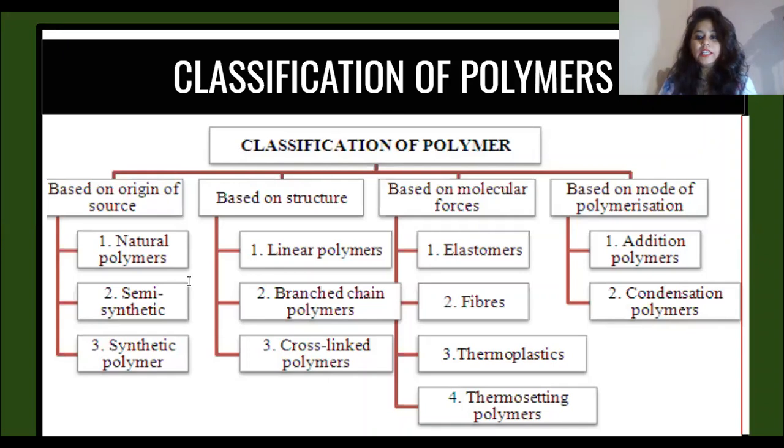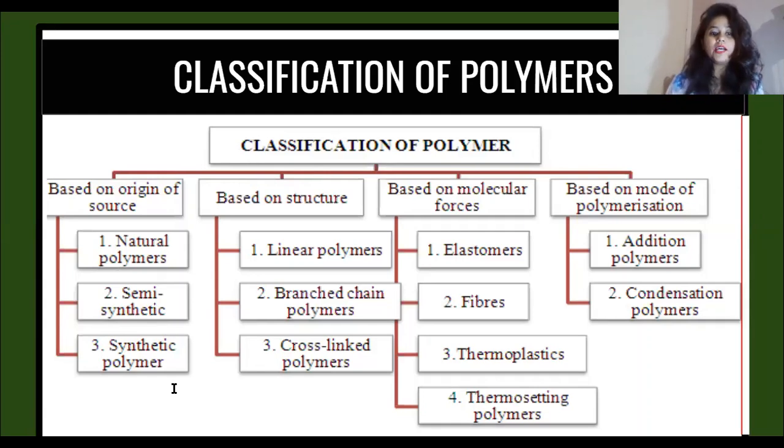As we have already seen, for vulcanized rubber, we take a natural rubber which is obtained from the trees. Then that natural rubber is reacted with sulfur or certain different reactions at perfect temperature conditions, and then they result in the formation of what? Vulcanized rubber. And vulcanized rubber, as we all know, has very high tensile strength, very high durability, etc. So semi-synthetic polymers are polymers wherein you take it from a natural source, you give it some chemical treatment, and then you use it for further usage in day-to-day life.